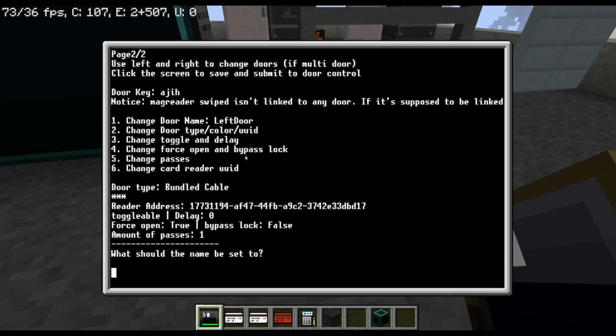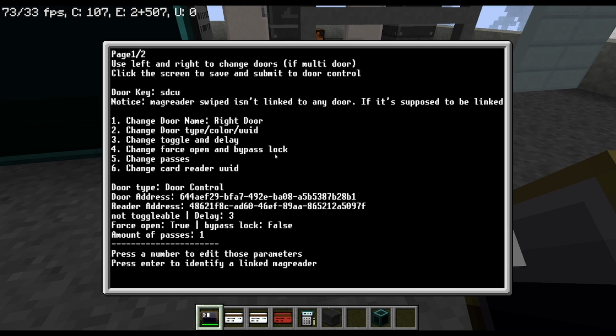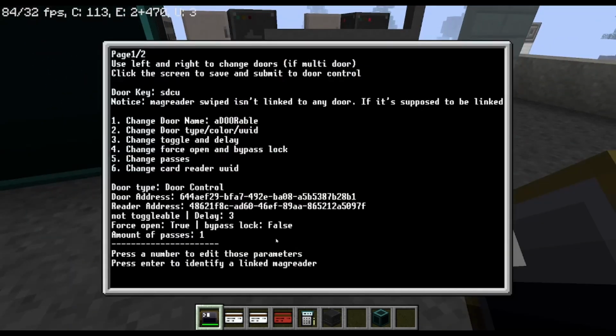I'm going to change the name to Lights on, off. There. That's it. And now I'm going to change this door to adorable. Adorable. I'm stupid. There we go, now we got adorable. Now what's next? I think that's all fine. So make sure it's the right door. Yep. If I click it,